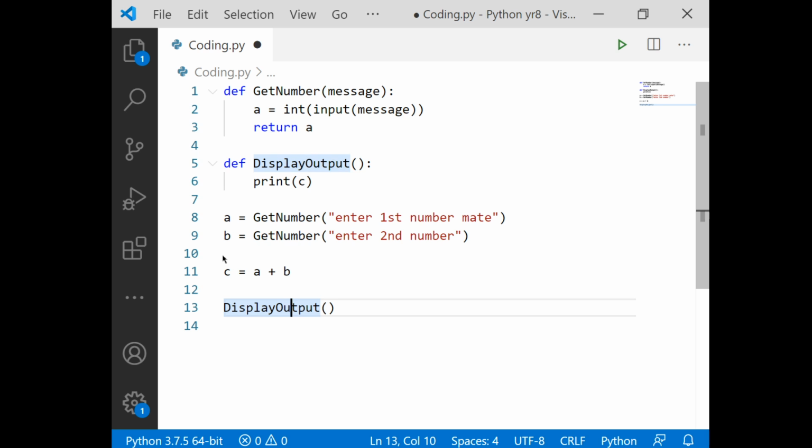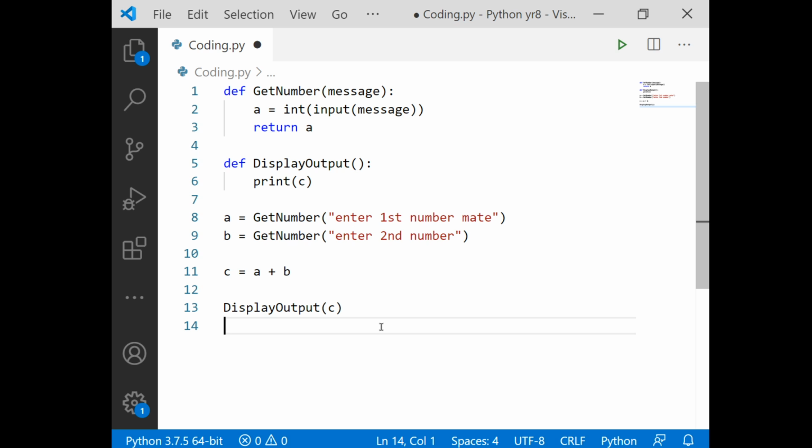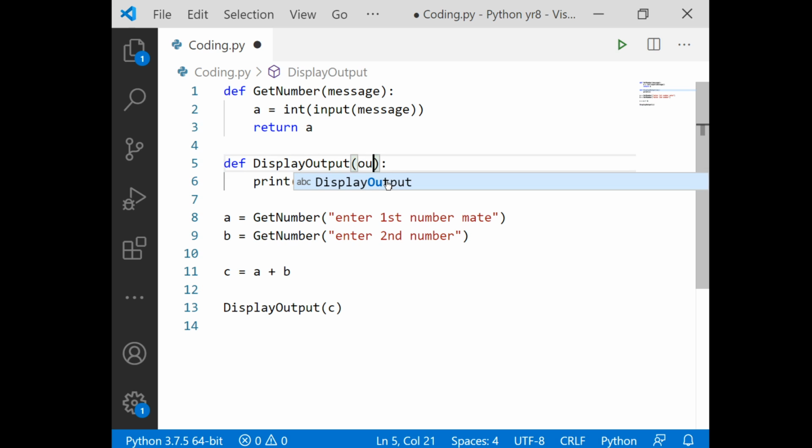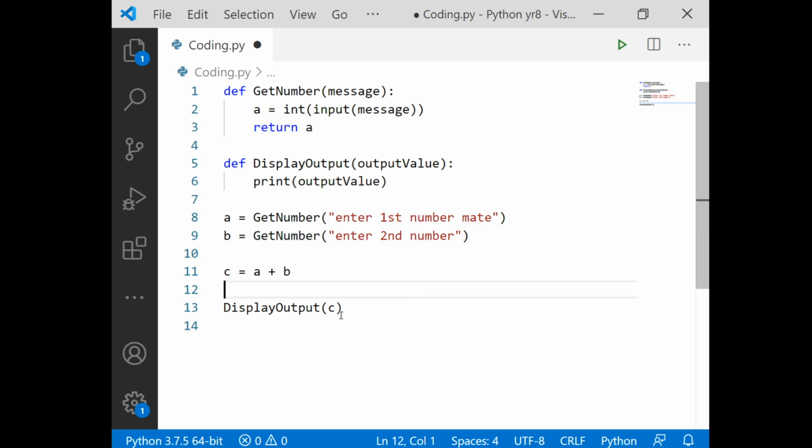So in this case, what I'm actually going to do is pass the value of the variable C. But I need to be able to refer to that, so I'm going to call it output value. Even though down here I've said display output C, when the routine runs, it goes, whatever you gave me, I'm calling it output value.